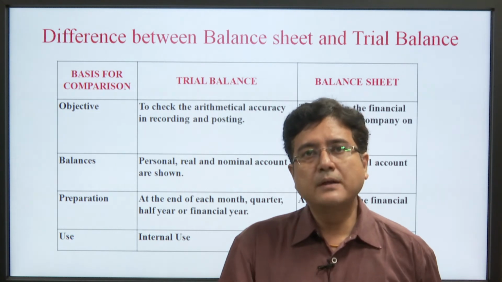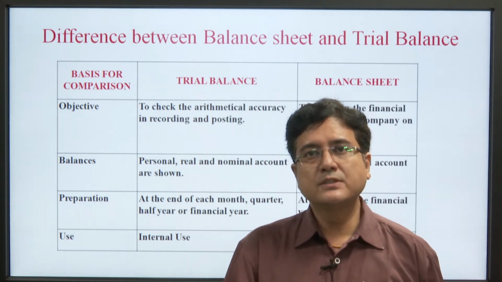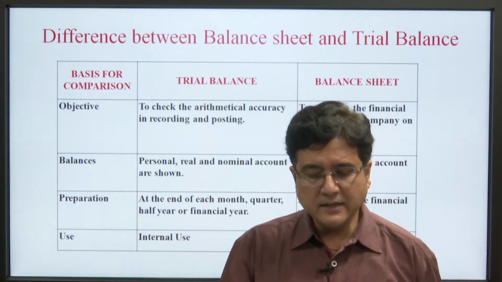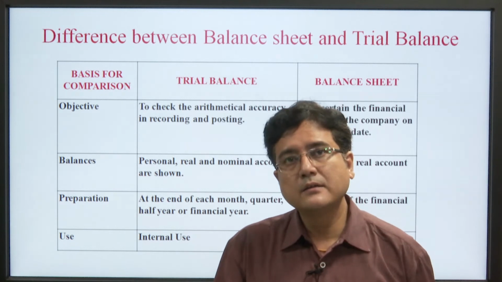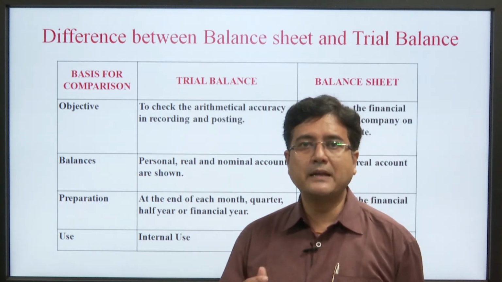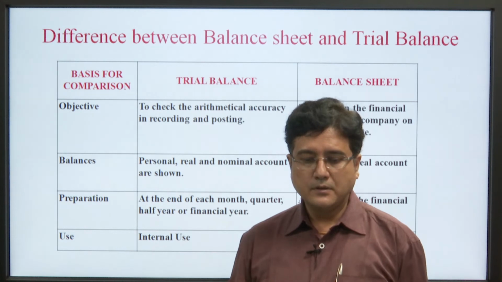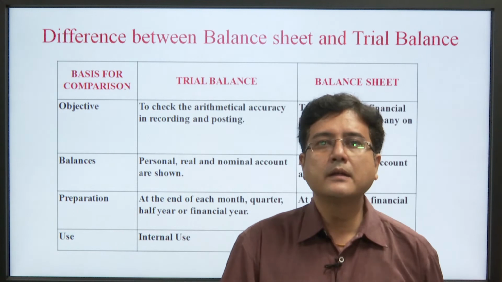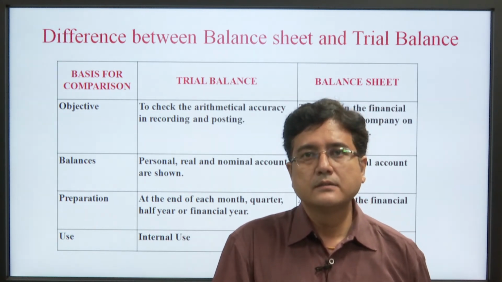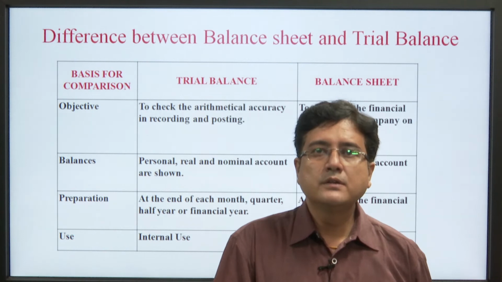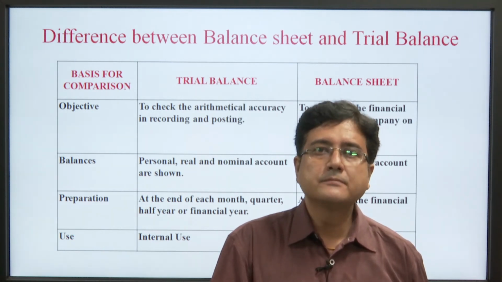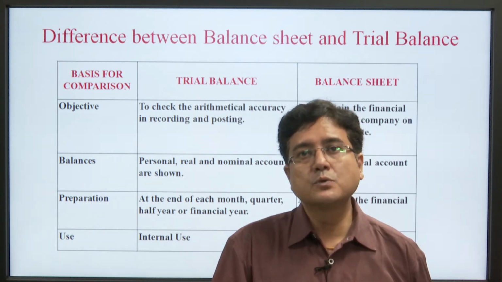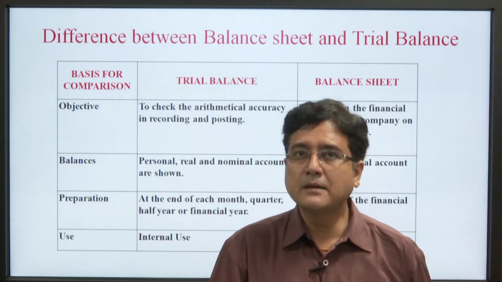ओके, ट्रायल बैलेंस का क्या होता है? एक्यूरेसी चेक करना। बैलेंस शीट का क्या होता है? फाइनेंशियल पोजीशन देखना कंपनी का। Personal, real and nominal accounts are shown in the trial balance, their balances. पर बैलेंस शीट में सिर्फ पर्सनल एंड रियल आता है, नॉमिनल अकाउंट का बैलेंस नहीं आता है। Balance of nominal account is not shown in the balance sheet. Expenses and income are shown in the trading and profit and loss account, इसलिए यहाँ पे नहीं आता है।